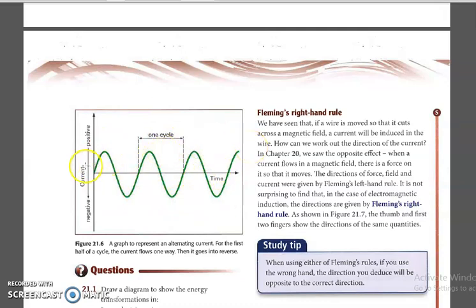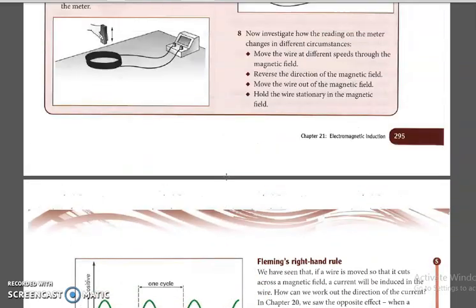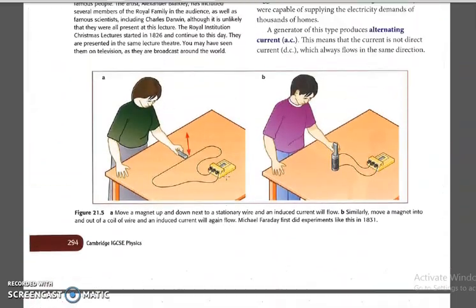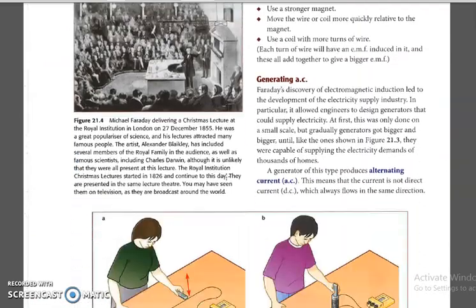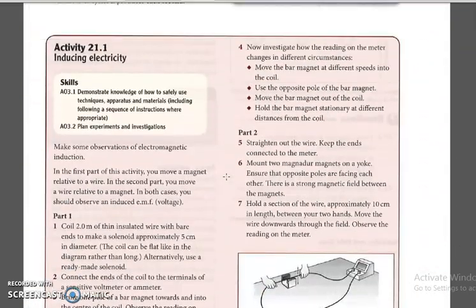We know that this one wave is a complete cycle. This particular wave has a frequency of 1, 2, 3, so 3 hertz, right? This is having 3 hertz, if the time is 1 second. Clear?